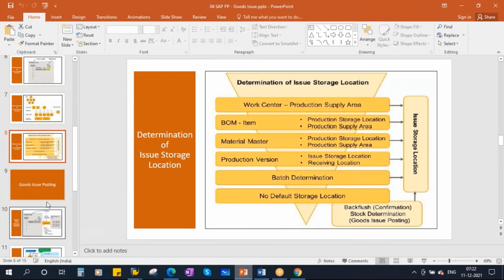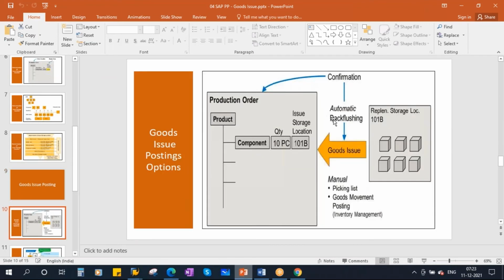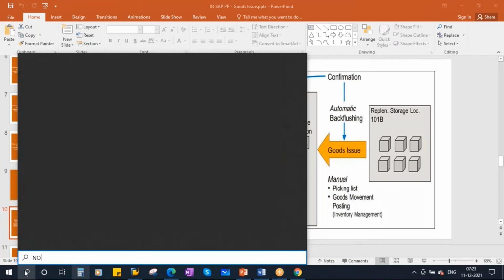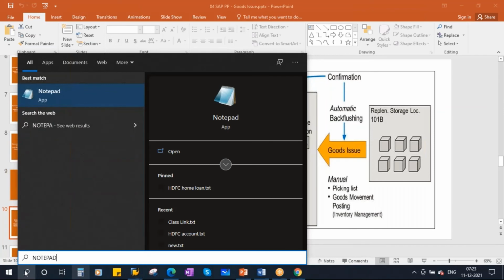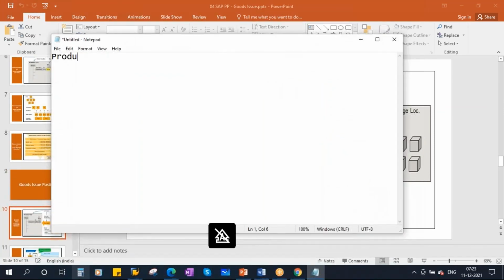Okay, so now we will move on. Next, we will discuss goods issue posting. Once the materials are physically issued to the production department, the warehouse team will do the goods issue posting. In our flow, the first step is production order creation.